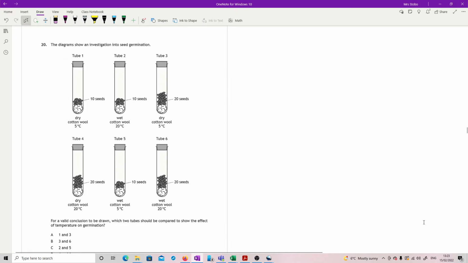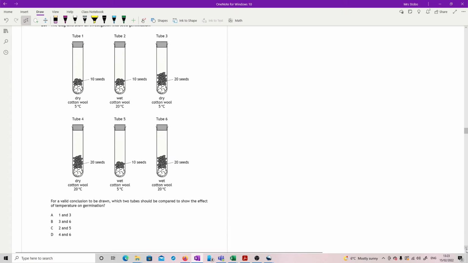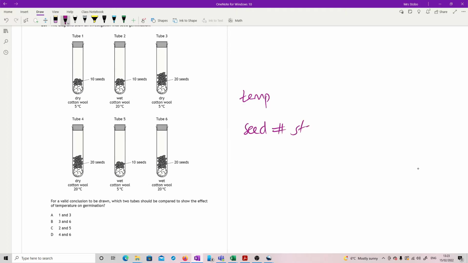Question 20, had to make this a little bit smaller so it would fit totally. Let's see if I can get it all on. Investigation into seed germination. Okay, so we've got 6 test tubes here. We've got different numbers of seeds. We've got different conditions for the cotton wool, whether it's dry or wet, and we've got different temperatures. For a valid conclusion to be drawn, which 2 tubes should be compared to show the effect of temperature on germination? Okay, so if I'm just looking for temperature, I need my seed number to stay the same,